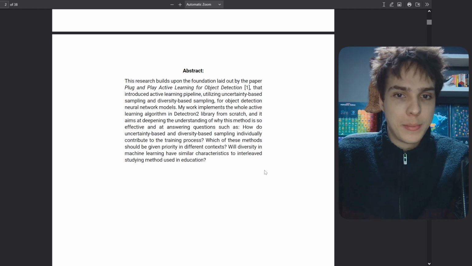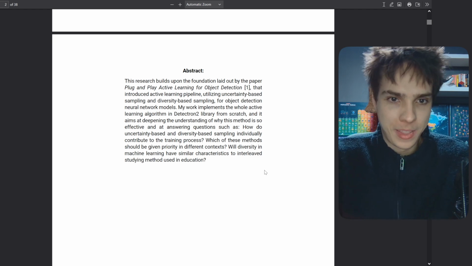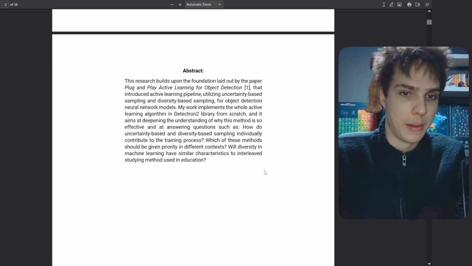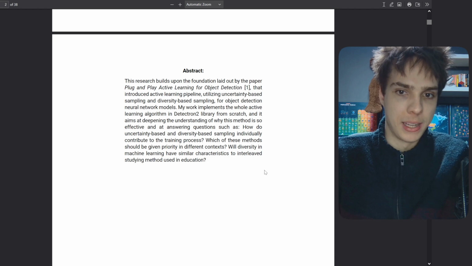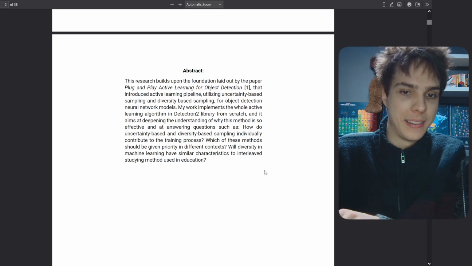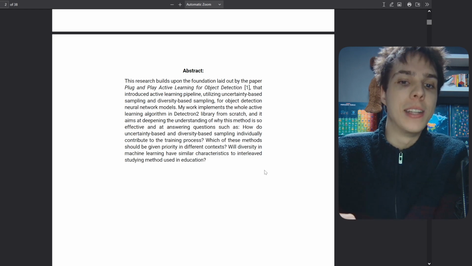This research builds upon the foundation laid out by the paper Plug and Play Active Learning for Object Detection, which introduced an active learning pipeline utilizing uncertainty-based sampling and diversity-based sampling for object detection neural network models. My work implements the whole active learning algorithm in the Detectron2 library from scratch,